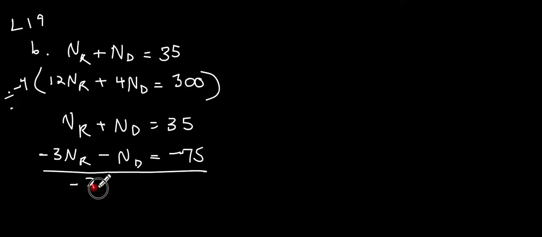So -2 number of roses is going to equal -40, and the number of roses equals 20. And then you go back and you get the number of daffodils would be 15 because 20 plus 15 equals 35. Okay, making our way out of the practice problems, someone asked for number 6,